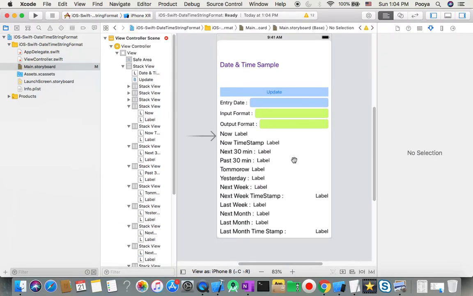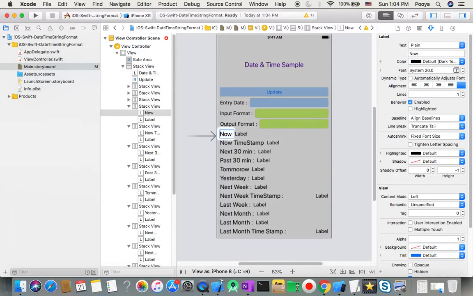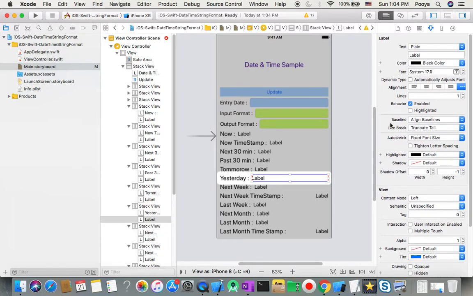Okay, so we made this, make this to be center. Put a colon here. Okay, and so now what I'm going to do? I just need to connect this to